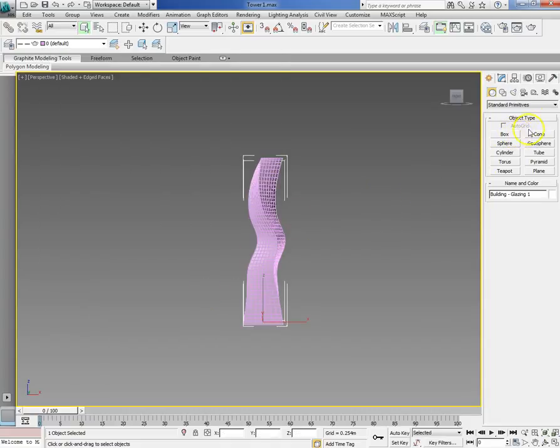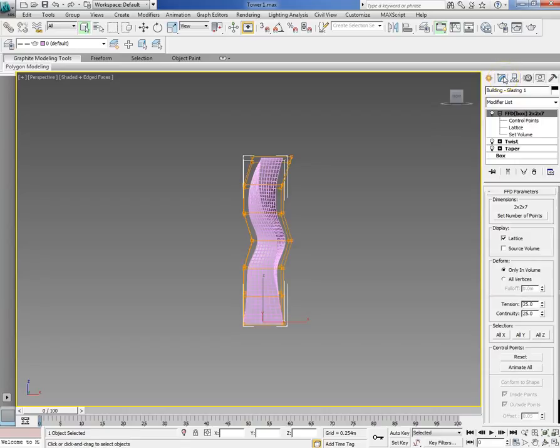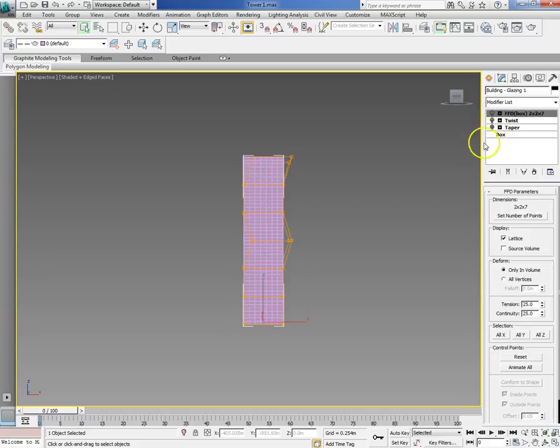Then over here on the modify panel, so we need to switch this on the modify. We're going to come over here, go ahead and minimize or bring that back in, and we're going to select the light bulbs on each one of these. And you'll notice how the taper, the twist, and the serpent style design that we did all straightens the tower back up into just like a box like we originally started with. Okay. Then what you're going to do is go to the edit toolbar up here,